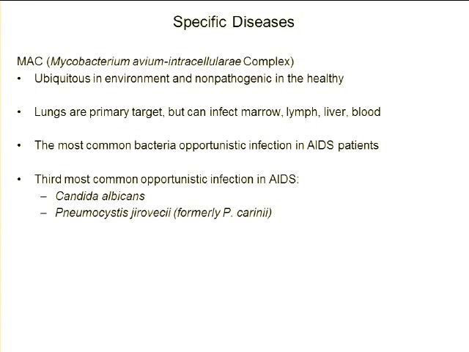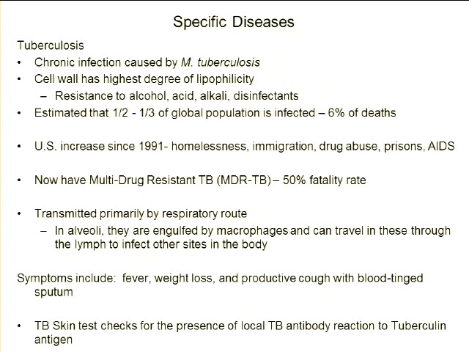All right. So my focus today is going to be, we will talk about MAC today too, with some of the drugs that cover TB also covering MAC. But my focus is going to be on Mycobacterium tuberculosis. This is going to cause the disease tuberculosis. That's easy enough to remember. It's a chronic infection. This species, Mycobacterium tuberculosis, has the highest degree of lipophilicity within the cell wall, so it has the highest concentration of those mycolic acids of the 4 Mycobacterium species.